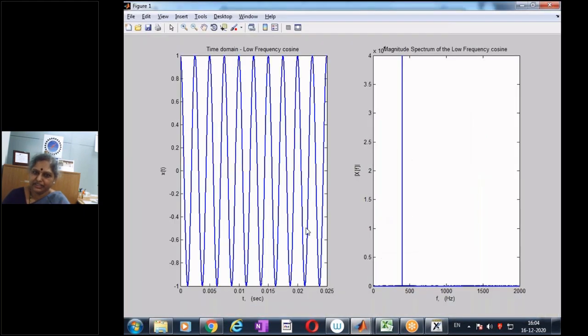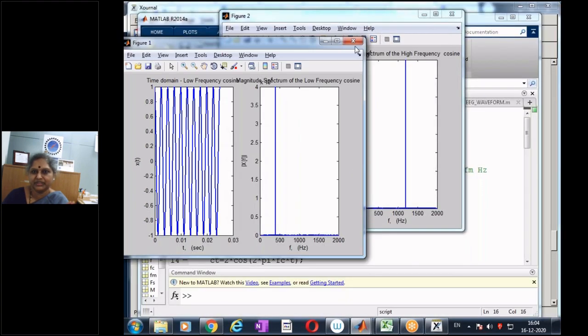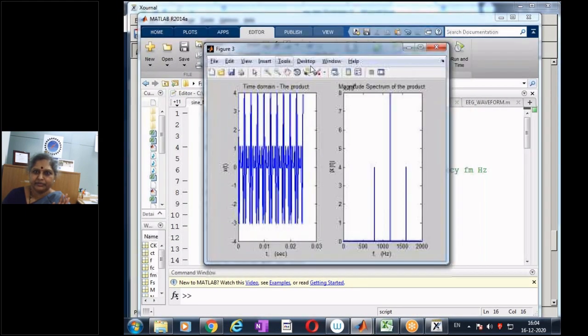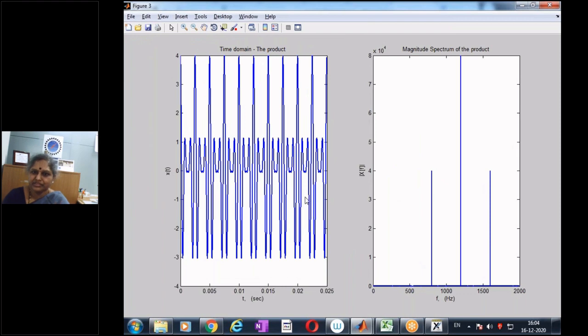Of course, since we have not made any change to our time domain signal, our message signal remains the same, a low frequency. This is a high frequency signal at 1200 hertz. Since we added the high frequency signal as well, we have the spectral component corresponding to the high frequency, 1200. And in addition, because of the product frequency translation, we have 1200 plus 400 and 1200 minus 400, that is 800. These are the spectral components. So when I add the high frequency signal onto it, I'm going to have that component also being present.